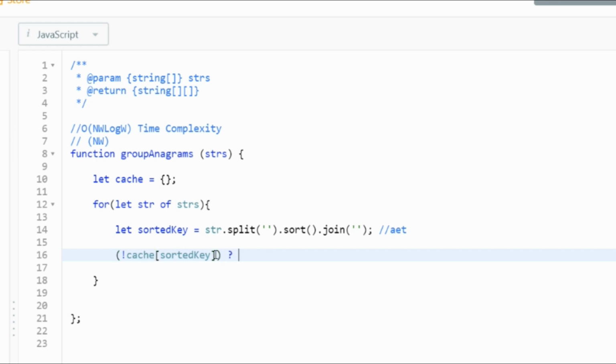If it does not exist in there, so it's falsy, what do I do? I'm just going to make it exist now. So sorted key will equal the array of that rare word, right? So what if it does exist? If this key does exist, then simply I just go to cache at the sorted key and ensure that I push the string value in there,